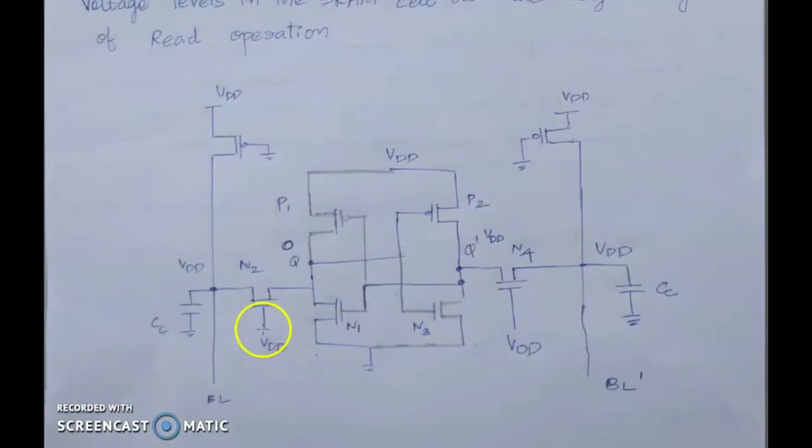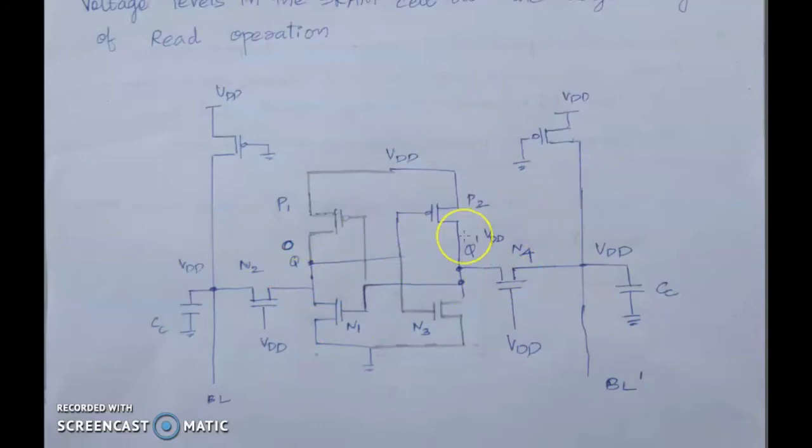This is the word line connection. The gate of this transistor comes to the word line. So in both read and write operation, note that the word line, or the gate of this access transistor, has to be connected to the VDD, so that these two transistors are on and you can access the stored bit or you can modify it.